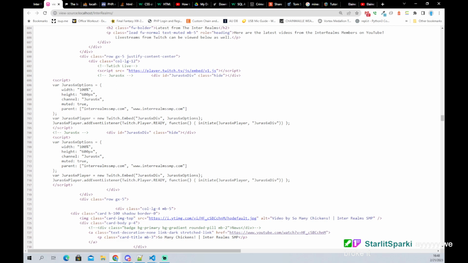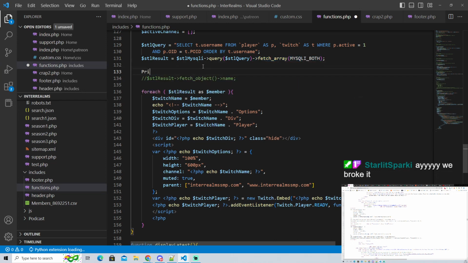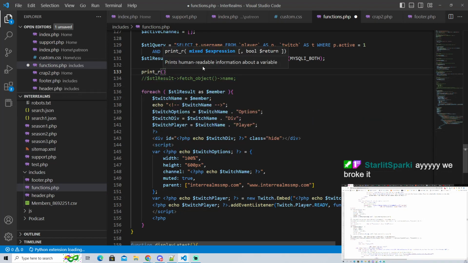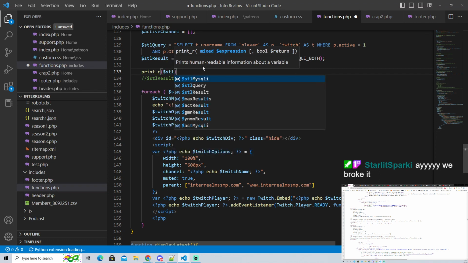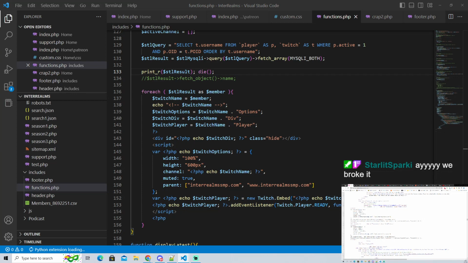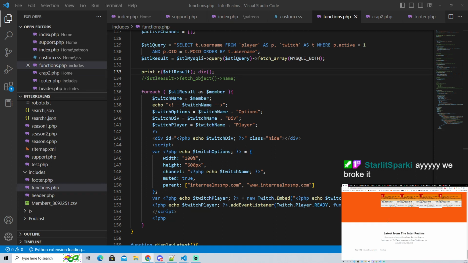I'm gonna jump back to the code. So what I did was this lovely little fetch array thing here. I pulled it out of this and put it up here, trying to figure out what's going on. So instead we're going to do a print_r of the result and then die. Sorry, protocols, but that is the name of the command. It is called die. I could use the word exit, but I am so used to saying die, it's fine.